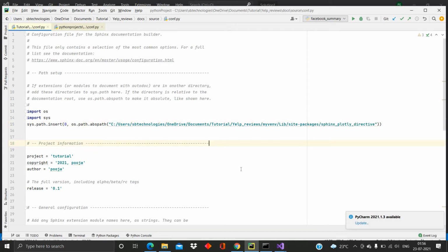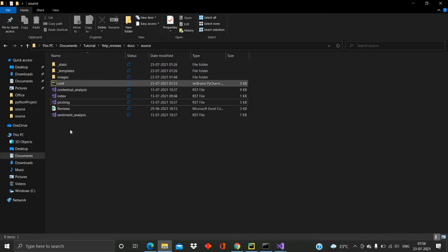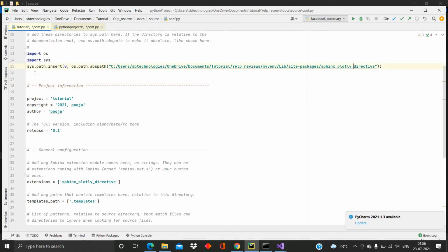So first of all, you need to install this Sphinx plotly directive using the command pip install sphinx plotly directive, and after that you have to add your absolute path into the config file which is located here. This is the config file, and you have to add your absolute path of this Sphinx plotly directive here,